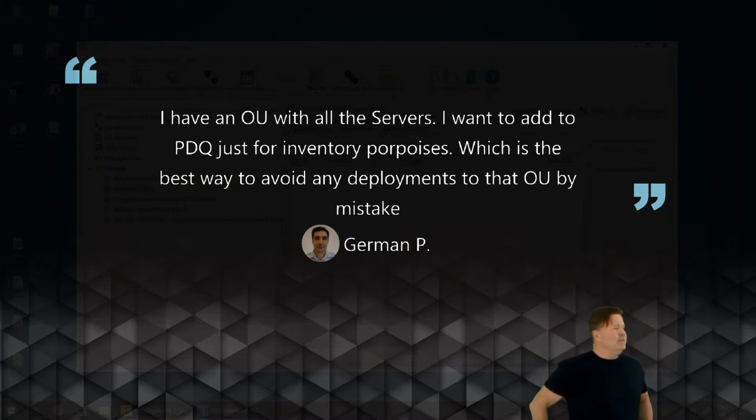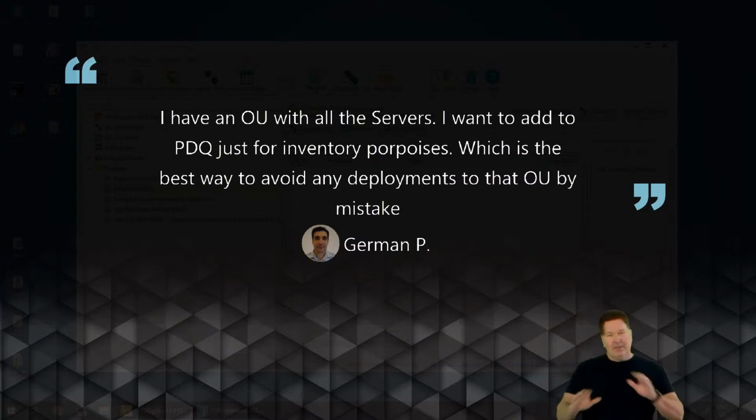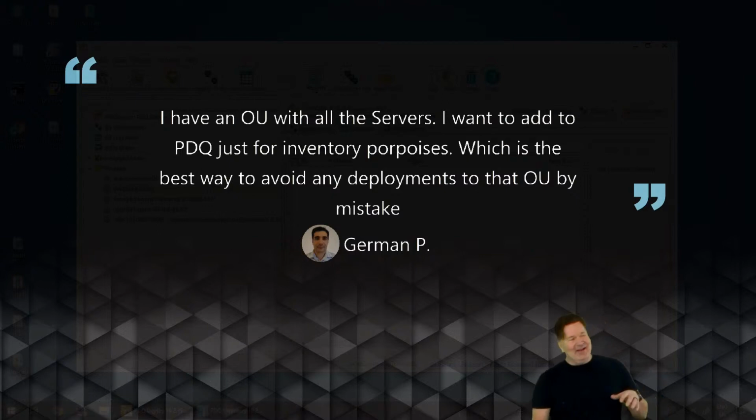The porpoises, they go good with tuna. Ooh, did I just say that? I'm just kidding, guys. All right, so